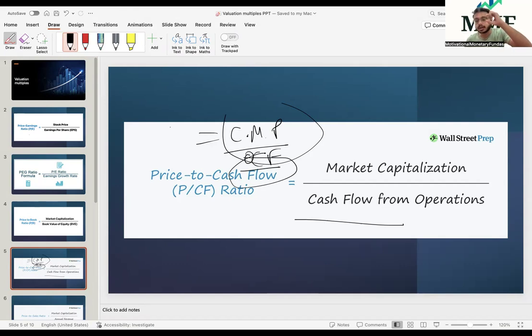Because, this being a lagging indicator, the operating cash flow number, this amount, is a lagging indicator, but still far better than the book value and the earnings. Because cash flows cannot be manipulated. Earnings can be manipulated, but cash flows cannot. There can be a few instances where the company might try to manipulate the cash flows also, but the extent to which the book value or the earnings can be manipulated, the cash flow cannot be manipulated.